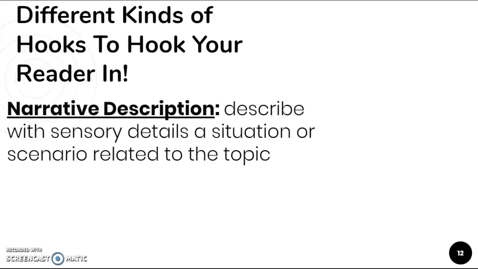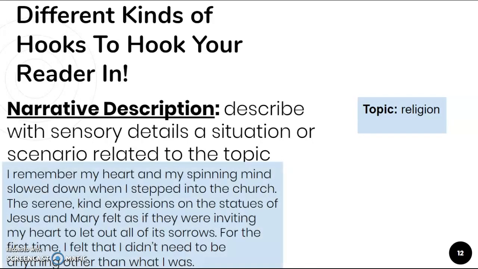Okay, the next type of hook is a narrative description. You describe with sensory details a situation or scenario related to the topic. So this is basically like you're telling a brief anecdote or story related to the topic. So again, our topic here is religion. So here's an example of a narrative description